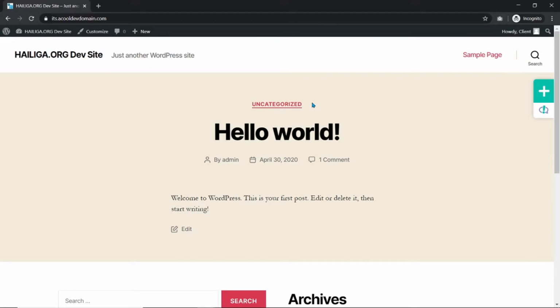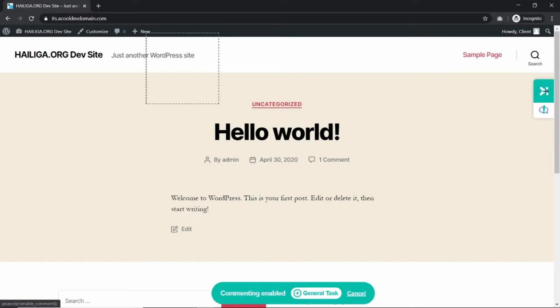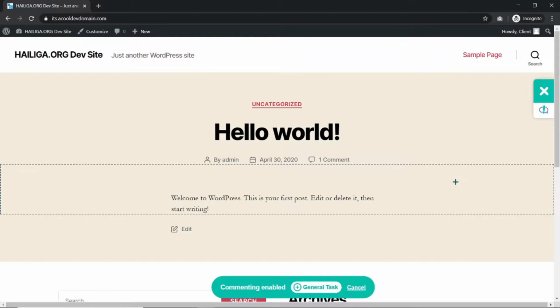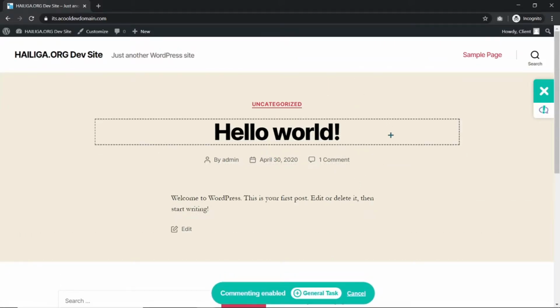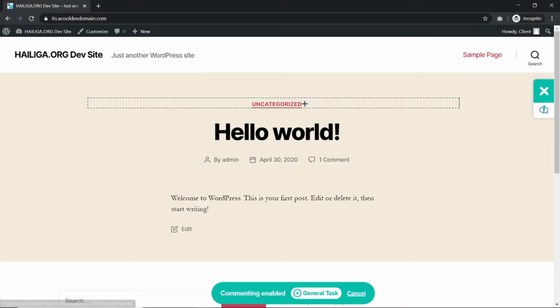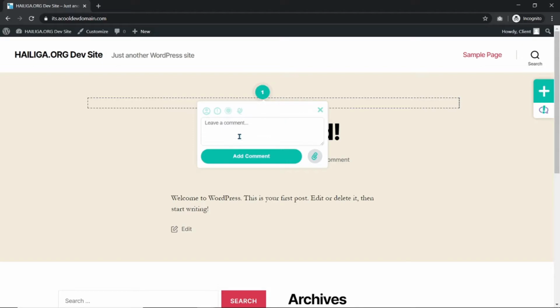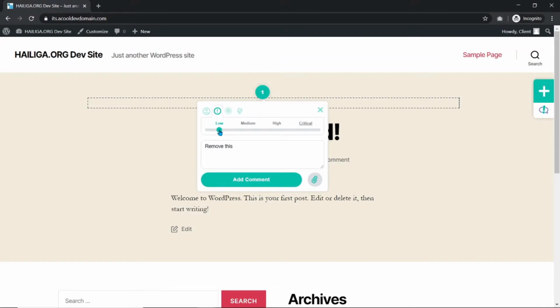So to use this plugin is very easy. See these plus signs on the right, so just click on it and you have started the review process. So for example, if you don't like this category right over here, just click on it and let us know. And then you want to choose the priority for this task. So let's say it's a medium priority,